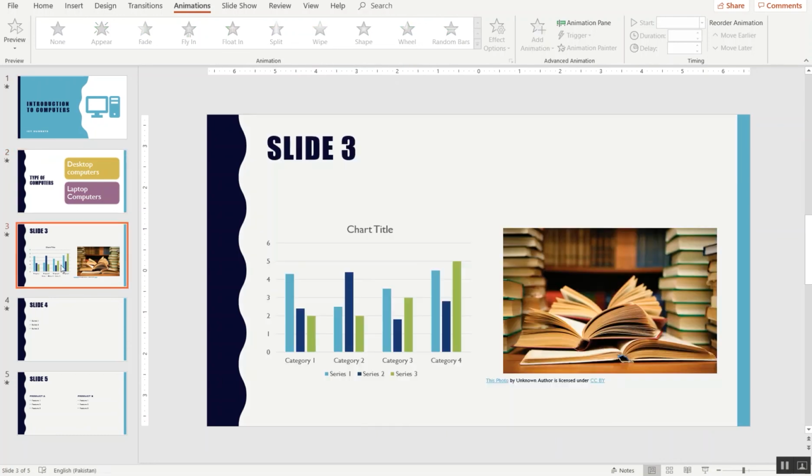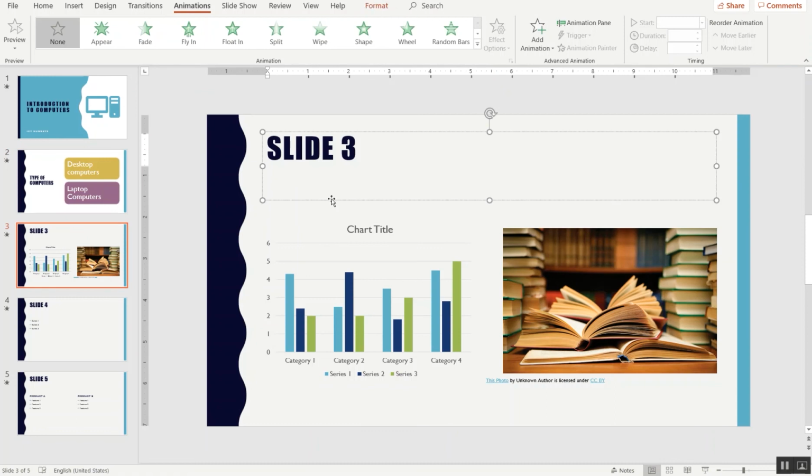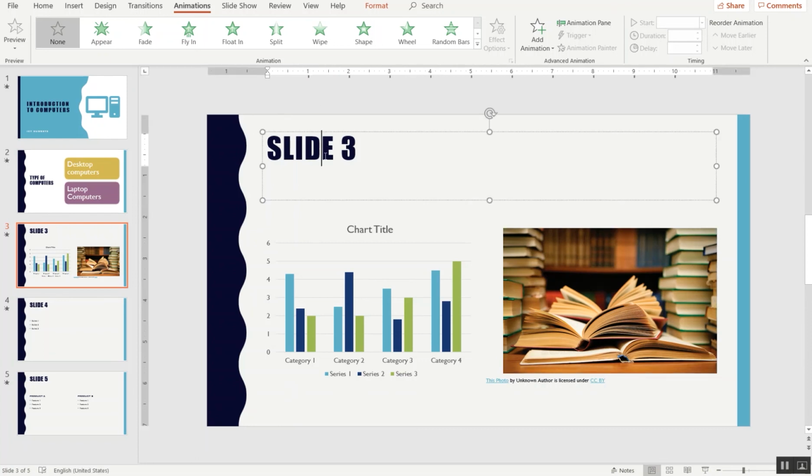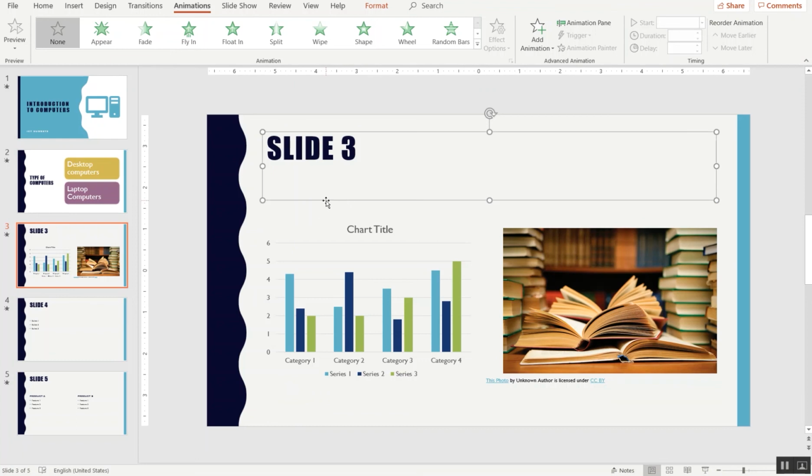And if I go to slide number 3, this is one object, this is the second object, this is our third object in this particular slide. What we can do is apply animation on all of these objects, and we can apply different kinds of animations as per our requirements. For example, if we want to apply animation on the title, we can do that. We can click on the title or any object on which we want to apply the animation, and then we will go to the animation